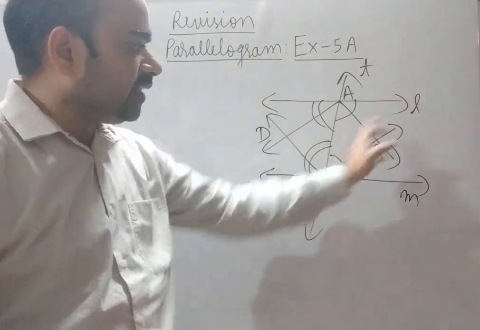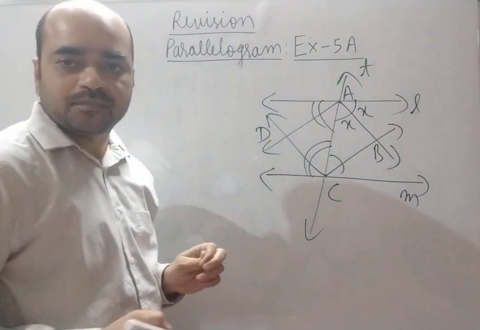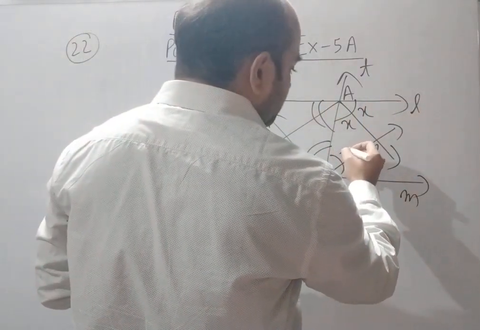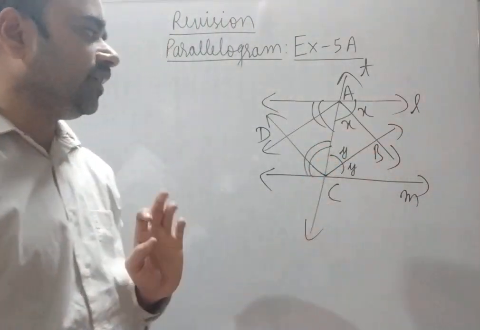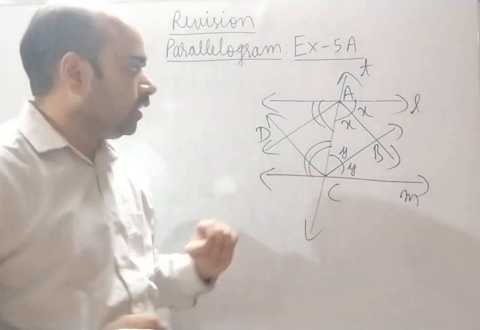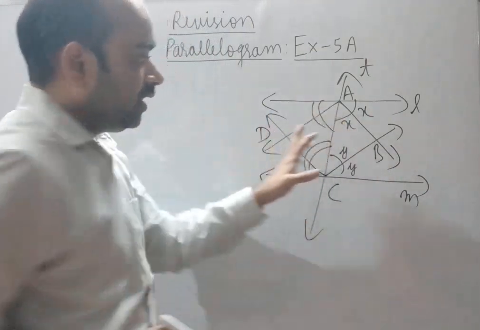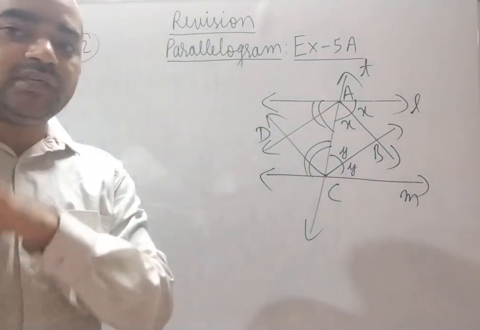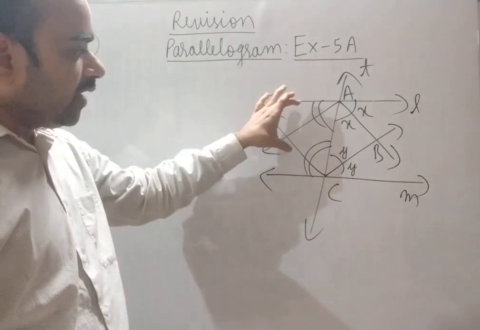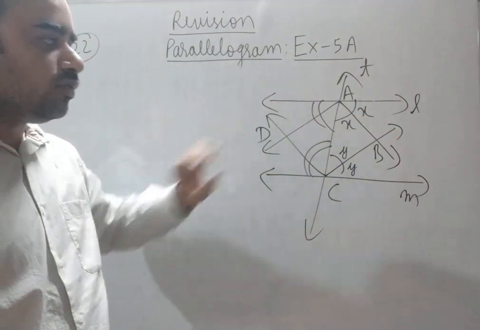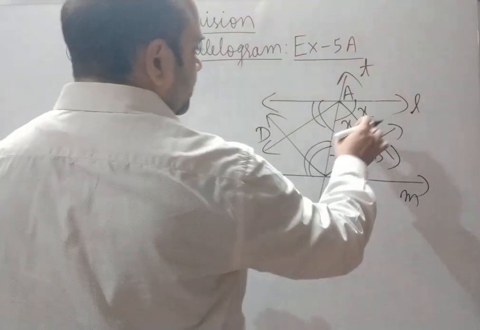First we are taking the first pair. If AB and CB are bisectors, we can take these two angles as x and x, and these two angles as y and y. Clear? Now, similarly, we can take these two angles as x, y. The bisectors of both pairs of internal angles are given. We have taken the bisectors of this pair of internal angles. Now we are going to take the bisectors of the other pair of internal angles.